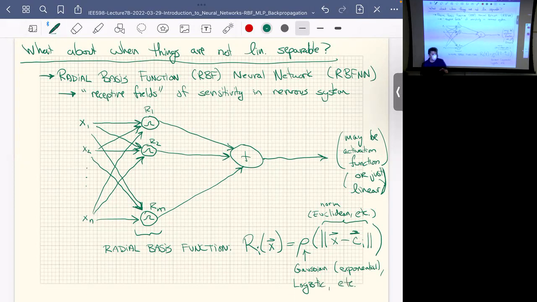But the point here is that as you get, and then there is this center here. So each radial basis function, this Ci